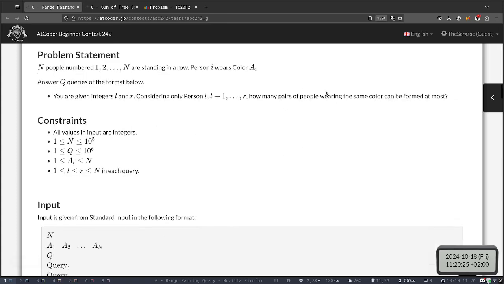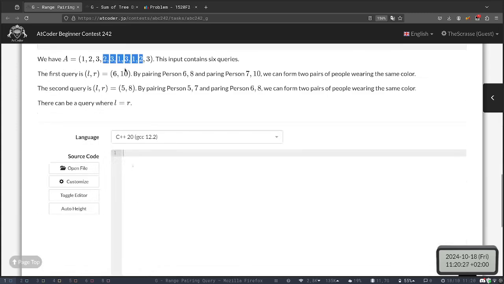Also disjoint pairs. You have, for example, this subarray, and you can pair everyone: 2 with 2, 3 with 3, and 1 with 1. If you pick this subarray, you can only make 3 pairs anyway, because for a fixed color, if we have k occurrences, we can make floor of k divided by 2 pairs. And so the query just asks you to find the sum of